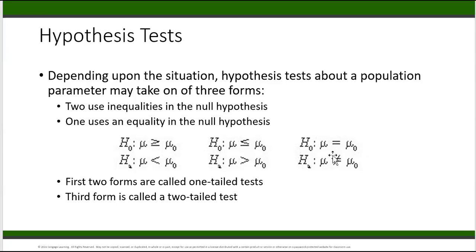And we may also want to see if the average GPA of CSUSM students is different from 3 or not, or in other words, we may ask, can we test to see if the average GPA of CSUSM students is equal to 3? Either way, this is going to be a two-tailed